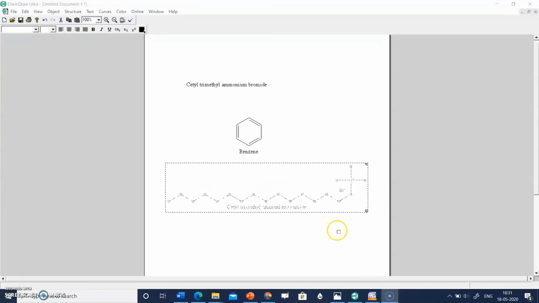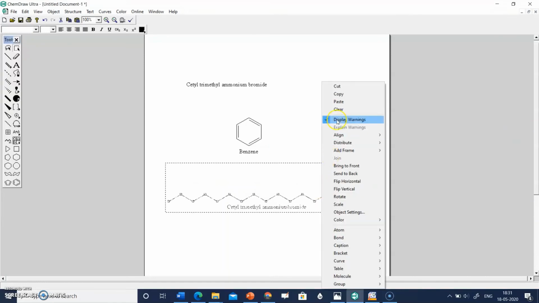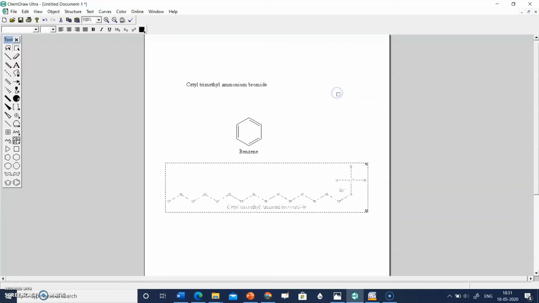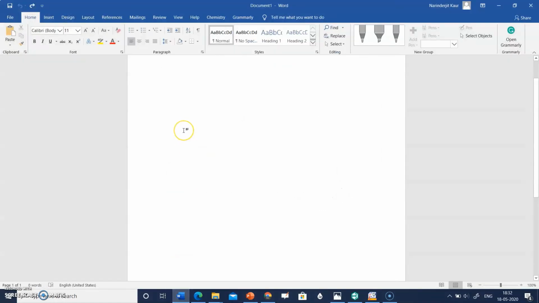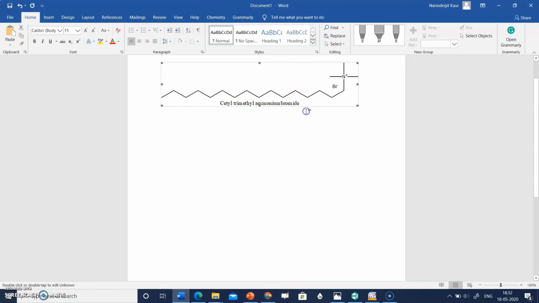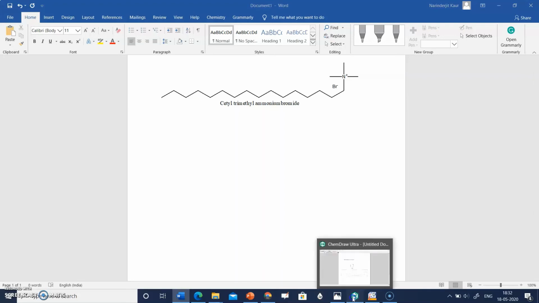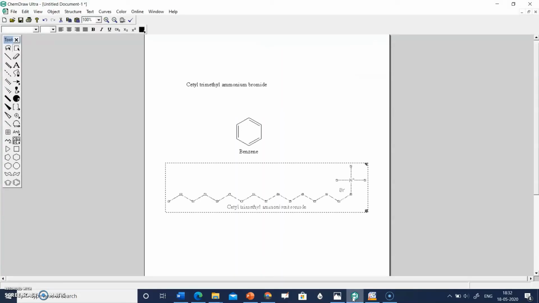Now just right click on the structure and these options will appear, select copy, and then you can paste it in the document where you want by simply pressing Control V. So see, this structure got copied on your Word document. You can even paste it on PowerPoint slides, right? So in this way you can copy and paste the structures in your documents.